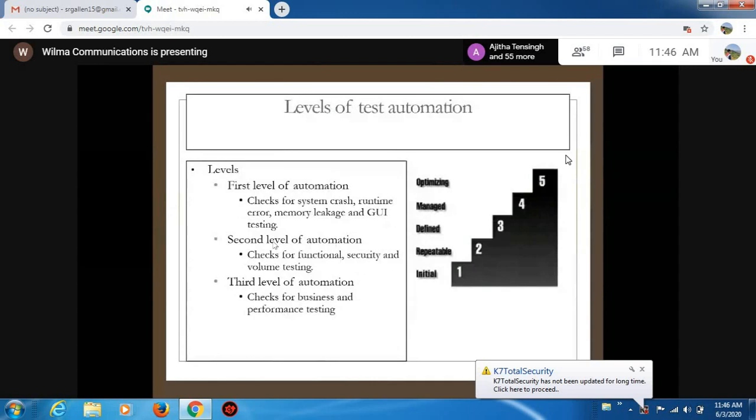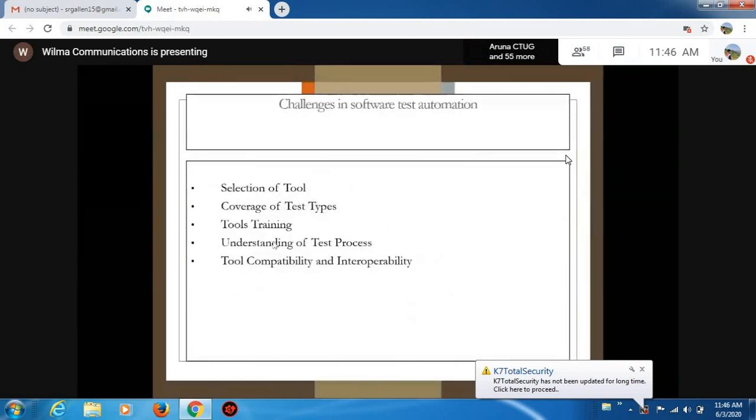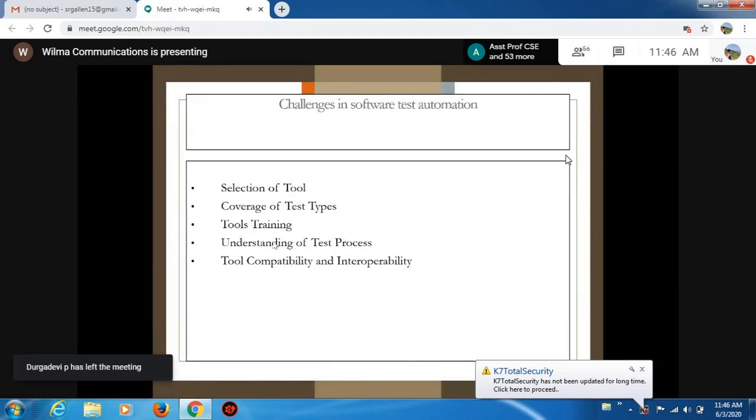Next is challenges of test automation. If I want to conduct automation testing in my project, what are the common challenges I am going to face? The first common challenge is the selection of the automation tool, because in the market we have different types of automation tools.